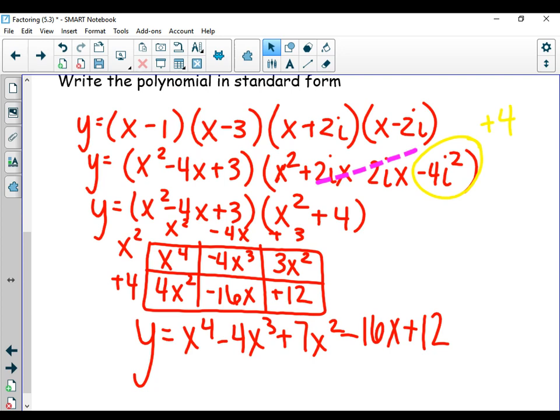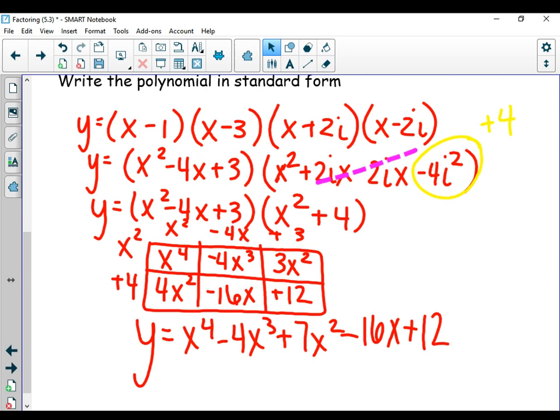Anybody get it? Of those of you who got it, did anyone put y equals? Always in the habit. Always, always, always in the habit. Y equals. It's an equation. We have found the equation. We have found the polynomial in standard form. Just have it. It needs to be there.